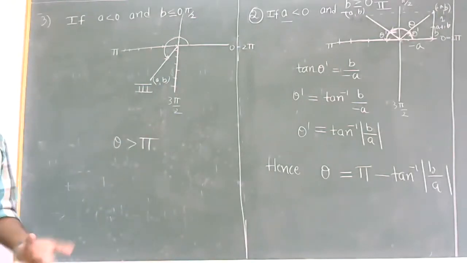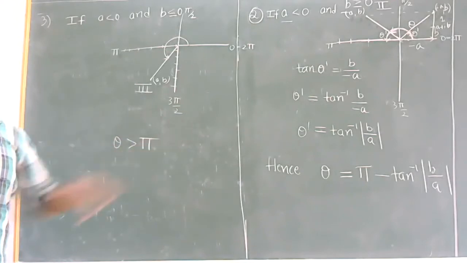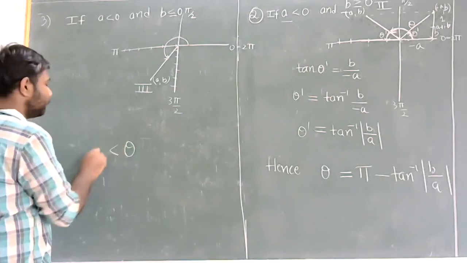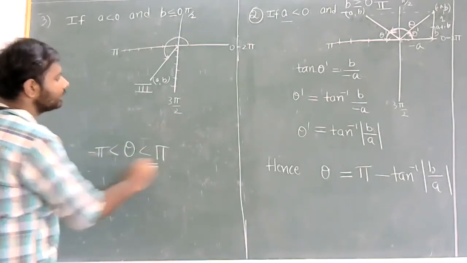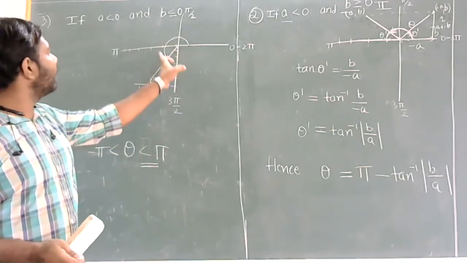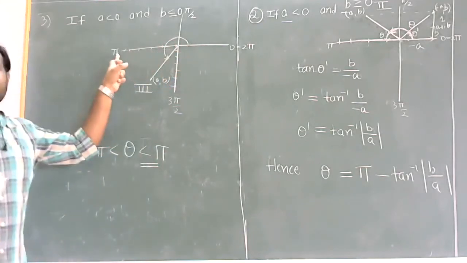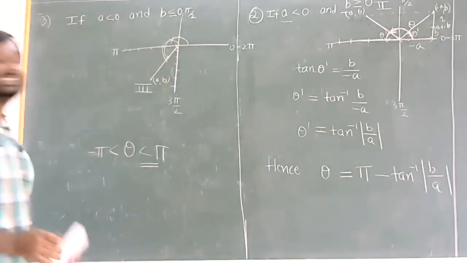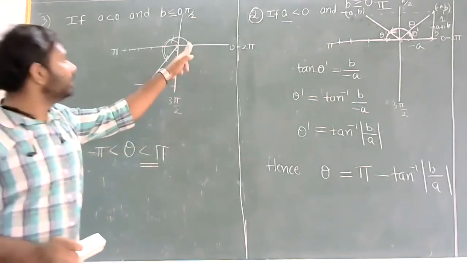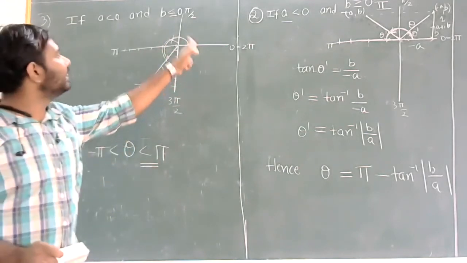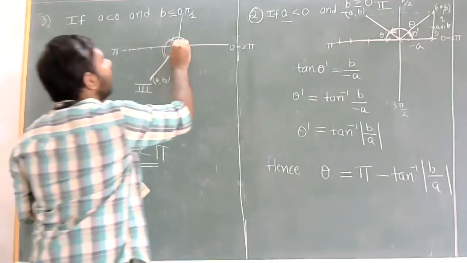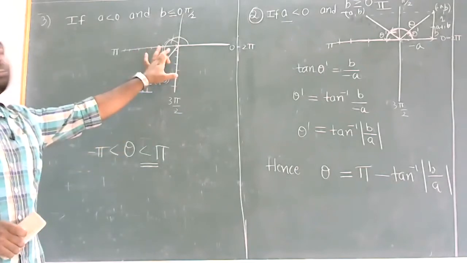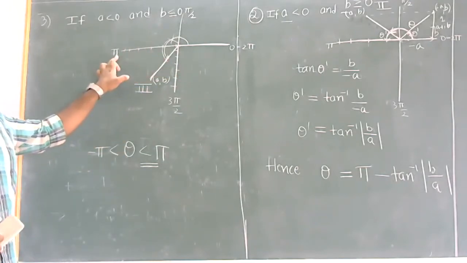But what actually do we need? I need the principal value of argument of Z. That means I need an argument value which lies in between minus pi and pi. It should be less than pi. But if I measure this angle, it will exceed pi. So this is not the required principal value of argument of Z. Obviously, it is an argument of Z because it is the angle between this line and the positive real axis. But it is not the principal value because it exceeds pi.